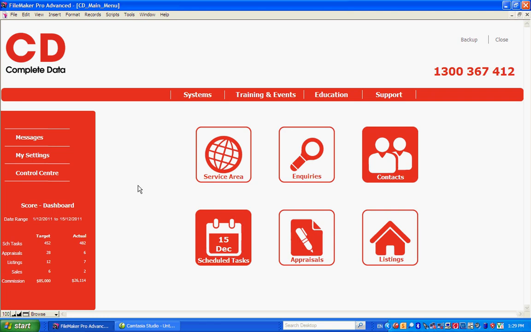If I move across and I have a look at our red buttons or icons for our databases that we can move into, we can move into the service area, the inquiries database, the contacts. We've got our scheduled tasks, which shows us the current date. We've got our appraisals and our listings. If we go into the service area database, we'll take a look at how the service area has now been linked to the contacts database. So we'll just click on the service area icon,